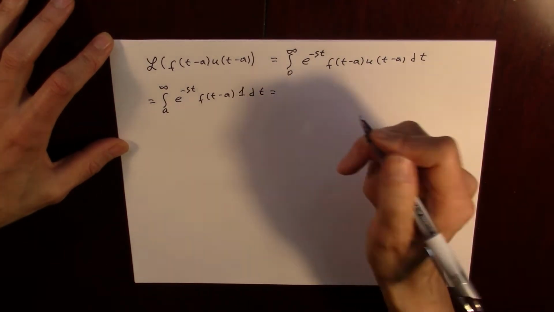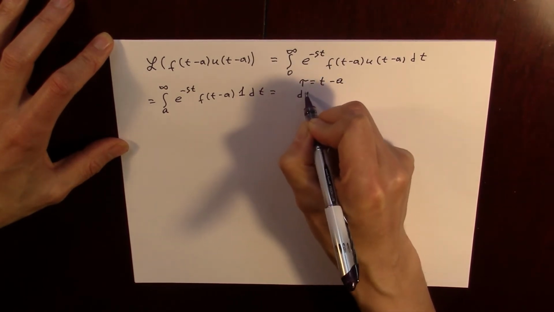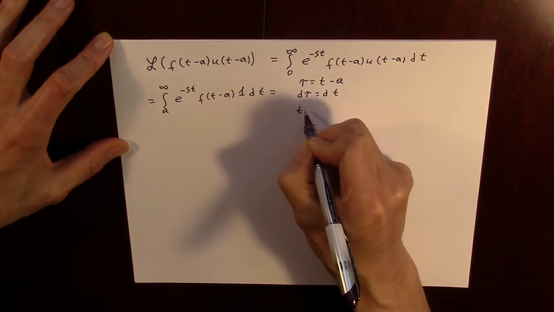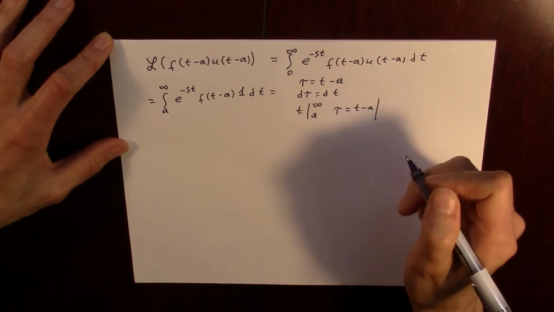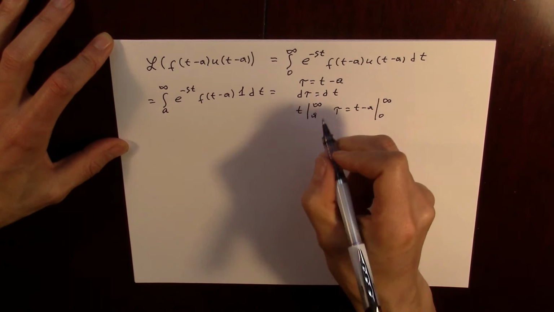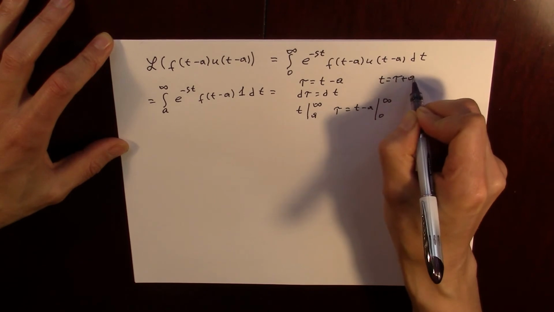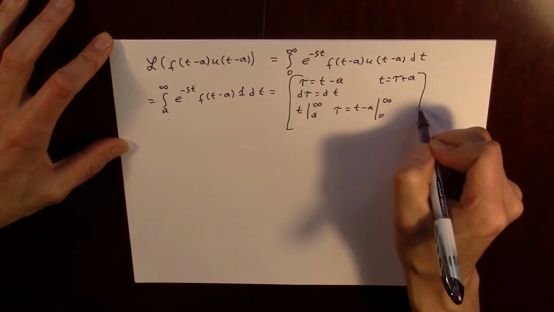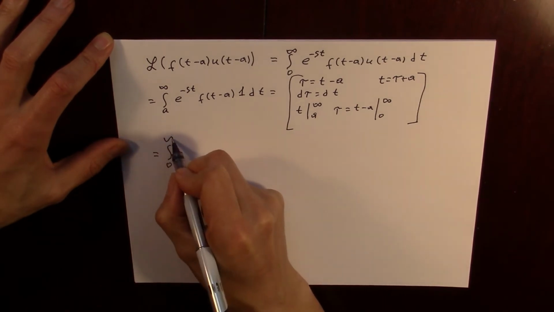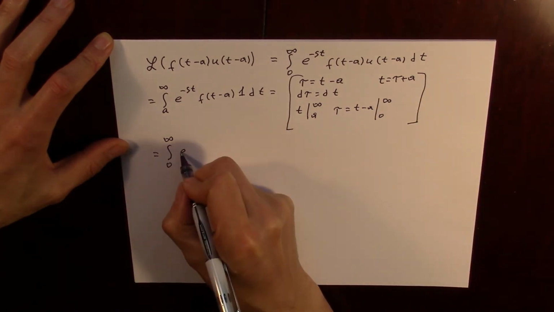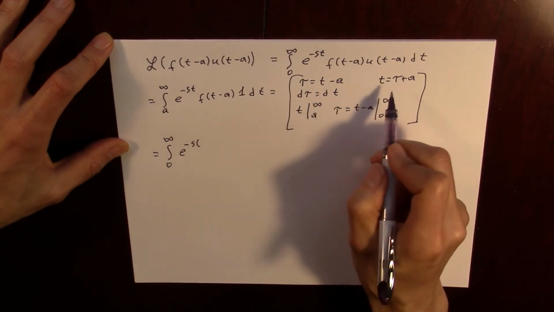Now we'll do a substitution. We'll do the substitution tau equals t minus a, then d tau equals dt. Because t is changing from a to infinity, tau, which equals t minus a, is going to be changing from 0 to infinity, and also because tau equals t minus a, you also notice that t equals tau plus a. So we'll proceed with that substitution. So we're going to get the integral, now tau from 0 to infinity, e to the negative s, and t becomes tau plus a,